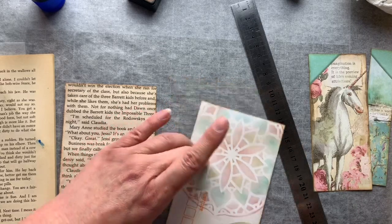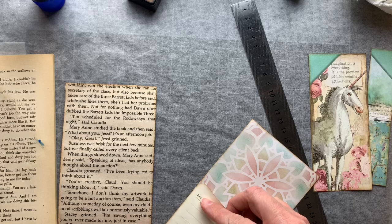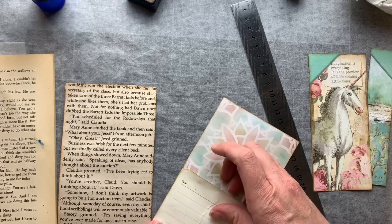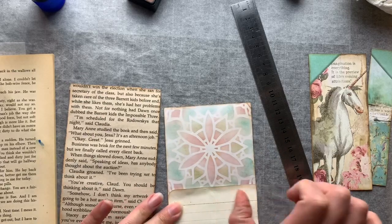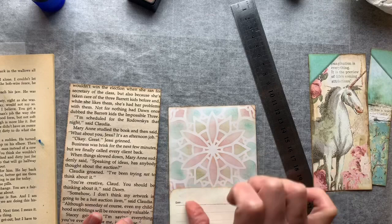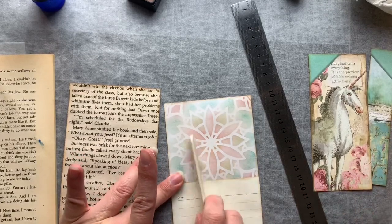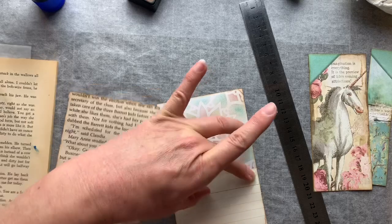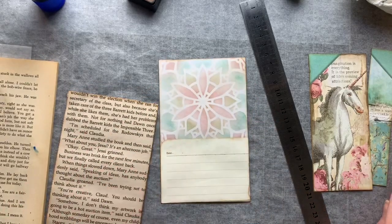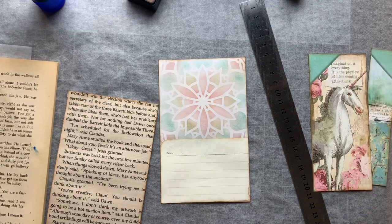It doesn't want to go on straight. Try again. Maybe I haven't torn it straight. Well, I kind of like the fact that I wrinkled that. That's fun. Added that little bit of aging. Okay, so